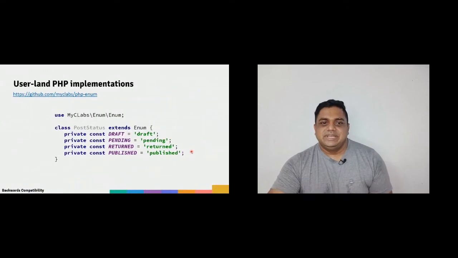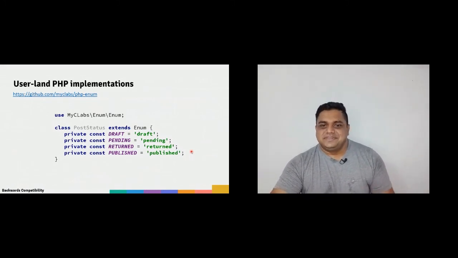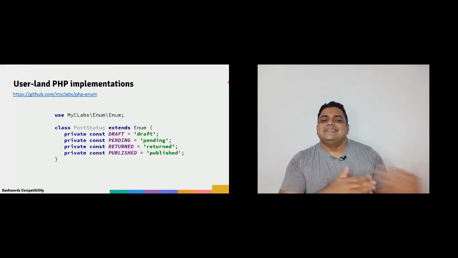There's one library called PHP Enum. This is by far the most popular one. The syntax is different. As you can see, this is a class. It has a similar syntax using class constants, but again, it's not compatible with the real PHP 8.1 enums because that is a new syntax.